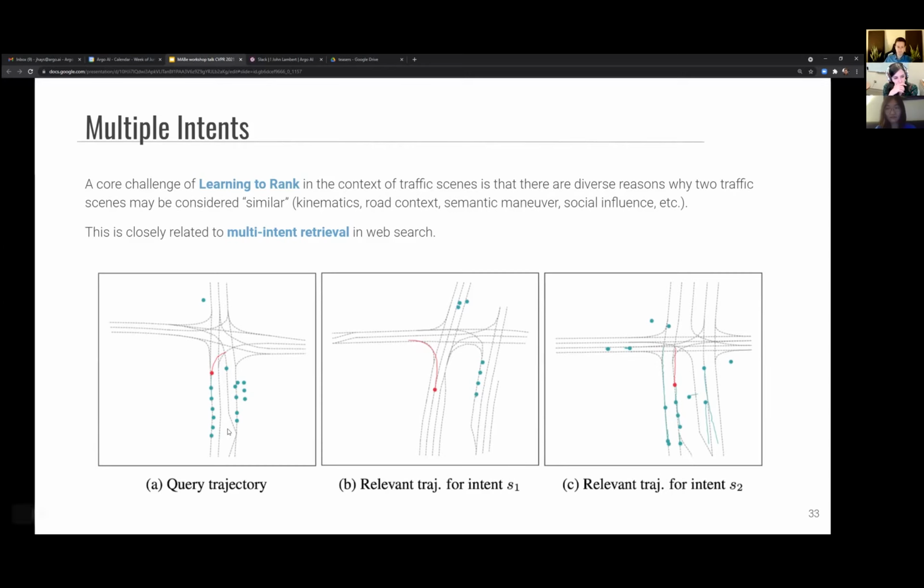So it's hard to know what the intent of the user was when they said, okay, find me similar trajectories to this query one on the left from the laser pointer. But if their intent was turn and then change lanes, then this is a good retrieval. And if their intent was queue behind the leading vehicle, then this is a good retrieval. And these intents have been manually annotated by experts for thousands of scenarios so that we can benchmark different retrieval